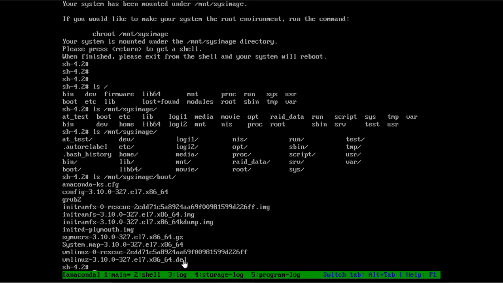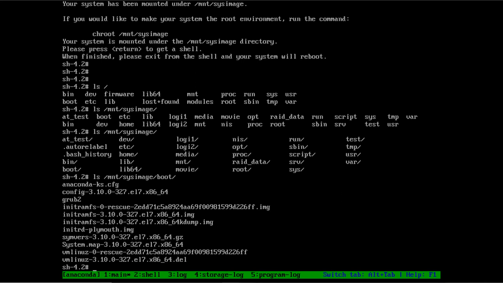Even if they do not have a .del here, suppose the version numbers are different, that means it is actually a different name. If instead of 17 it has 18 here, but in the file it is still 17, then it is also not able to find it. This is a very minor difference and you may not detect it, because you know that the name, major version and minor version, are right, but you have to make sure that the correct name is also in the file, because it tries to load the Linux file from this kernel configuration file.